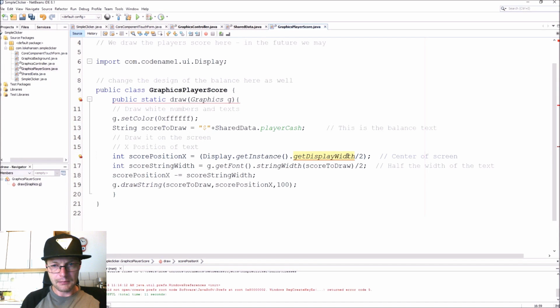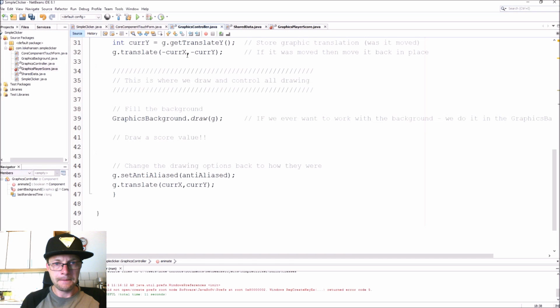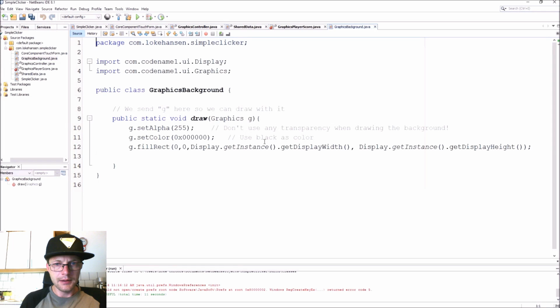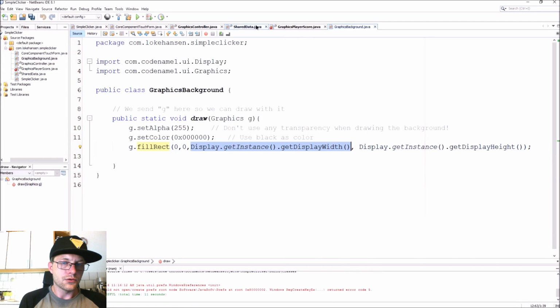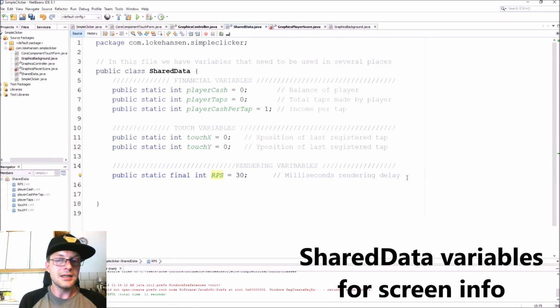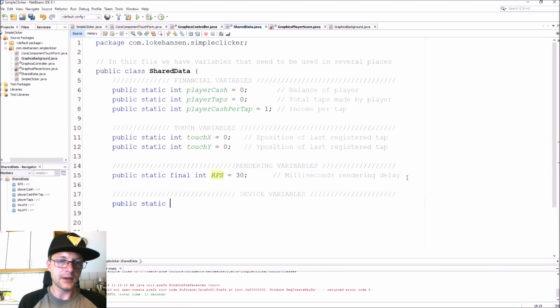So I'm thinking that we're just going to be moving this really to the shared data. I think that might be a good idea. So as you can see here, we have all this display, get instance, get display width, and get display height. Every time we need to know anything about centering stuff on the screen or drawing it at the right side or the left side, we're going to be needing this information. So in this shared data file, we're going to make these device variables, and it is not